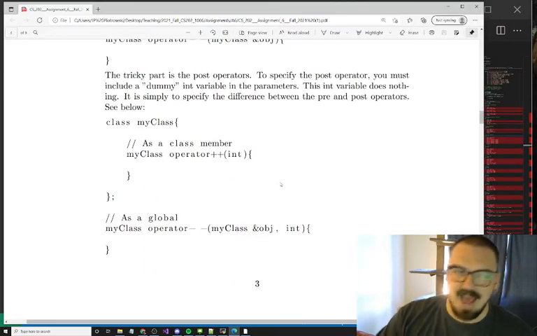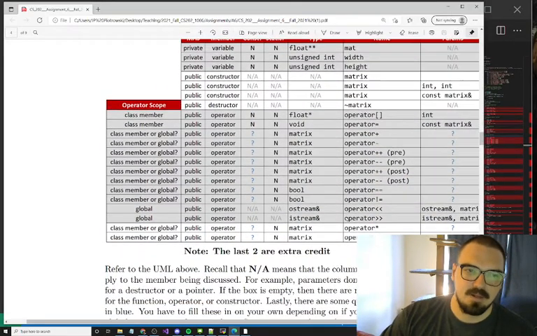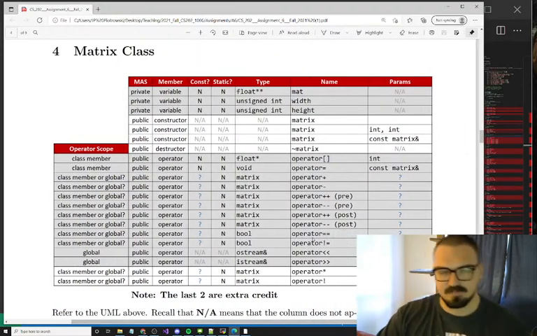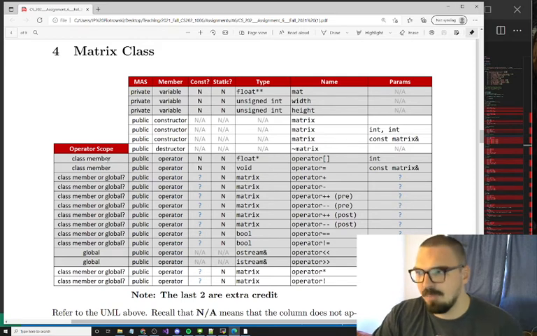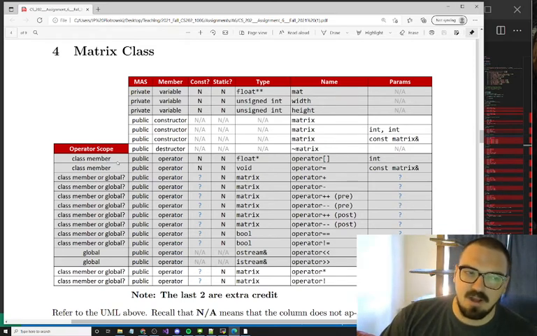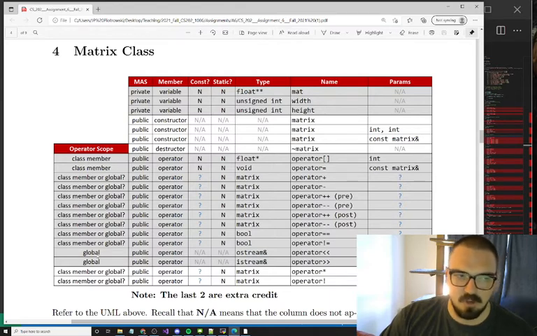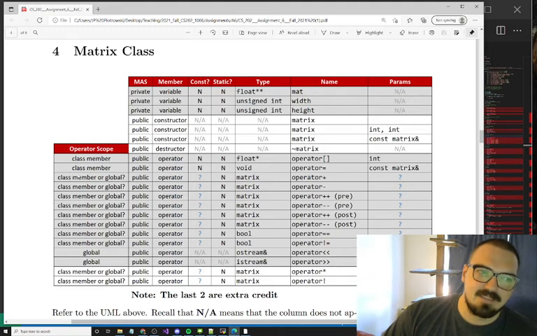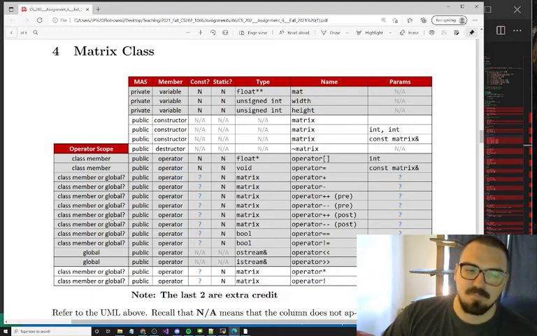So now that you know that, we can look at the UML here. It's kind of a big one, but it's the only one in the assignment. Now you'll notice I've added an operator scope here on the end. That just means some of these you don't have a choice, and some of them they're up to you. We know that these insertion and extraction operators have to be global, so that's what it says there. We also know that the bracket and the assignment operator have to be class members, so what's that scope? It's a class member. Other than that, the rest of these are up to you, and that's why you see